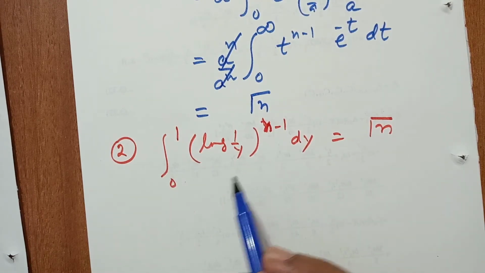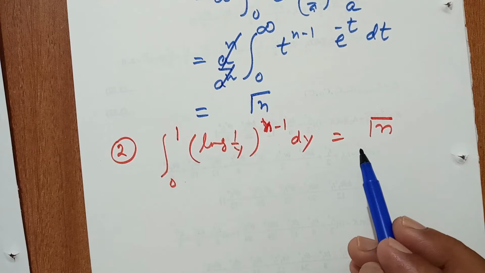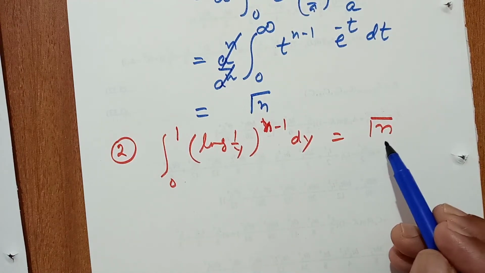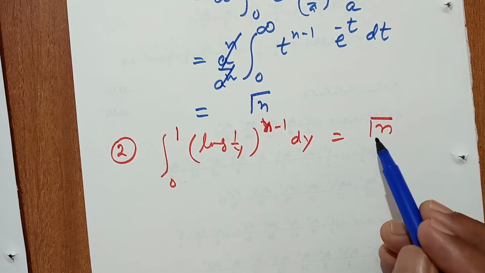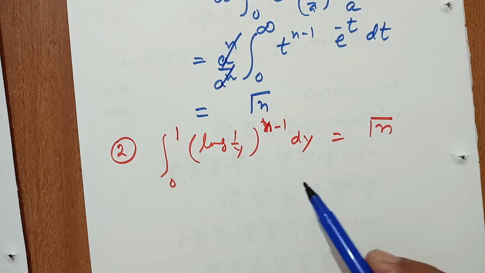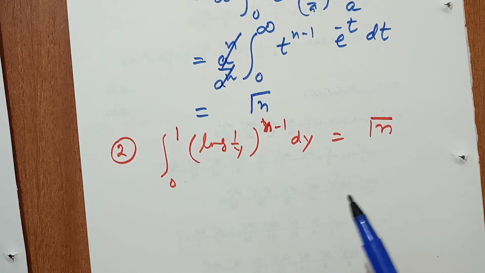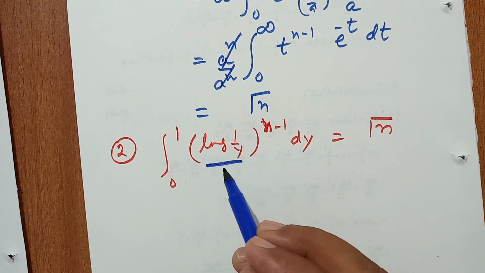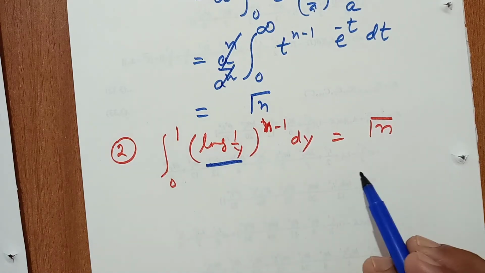So first we see the question very carefully. Here we have to show this in terms of the gamma function. We have the definition of the gamma function: gamma n is equal to the integral from 0 to infinity. Without any hesitation, first you see this function, and automatically our integral changes into the gamma function.